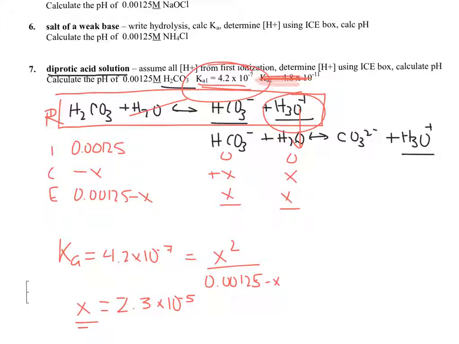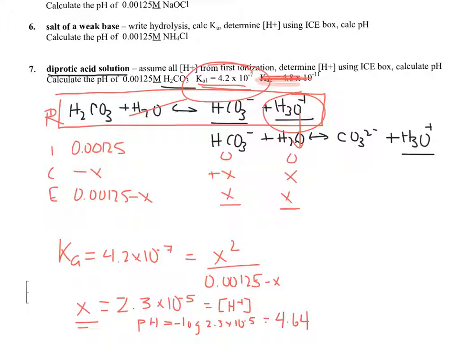So when I solved for x, what did I really solve for? Well, here's x right here. Aha! I solved for the hydronium or hydrogen concentration, from which I should be able to easily then find my pH. So this is my hydrogen concentration. So pH is going to basically be the opposite log of that, of my 2.3 times 10 to the negative 5, which is going to give me